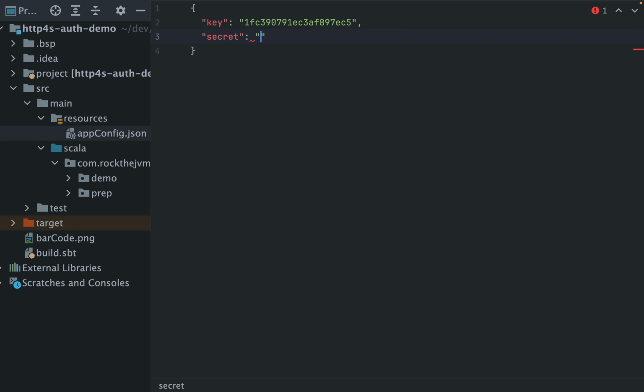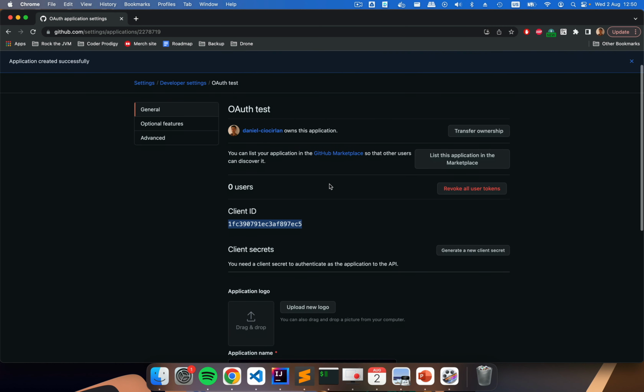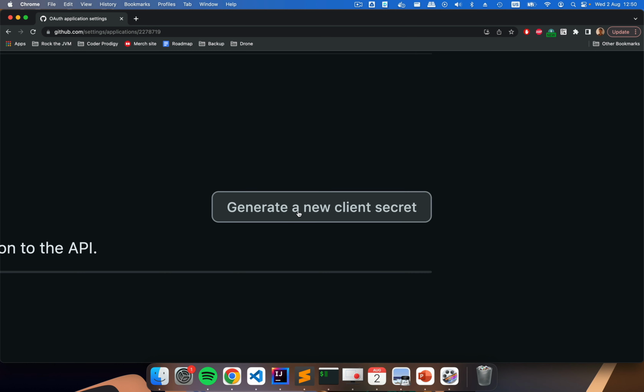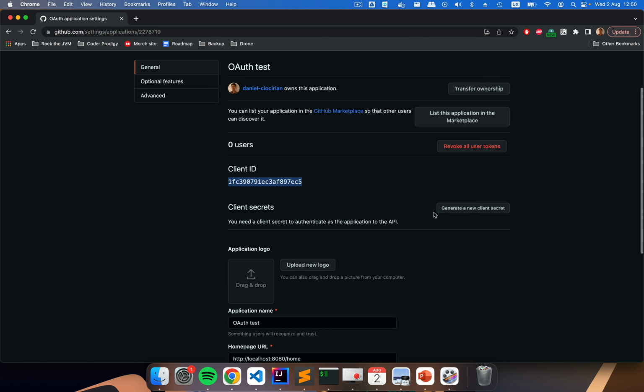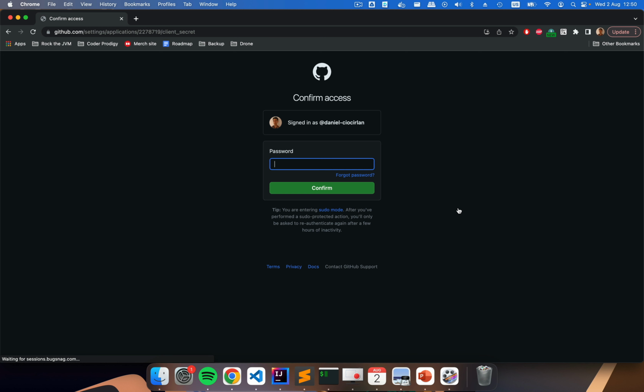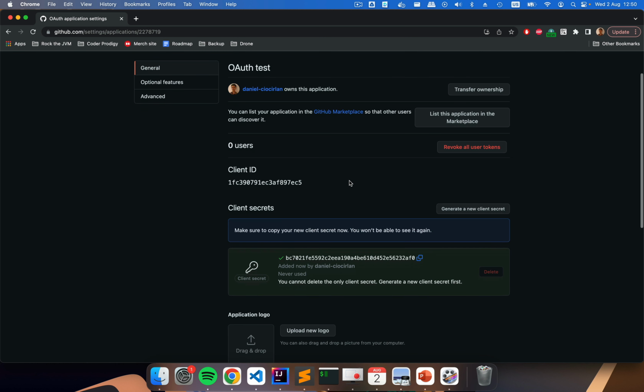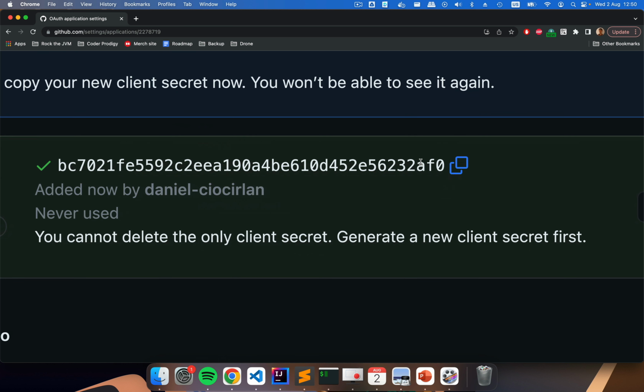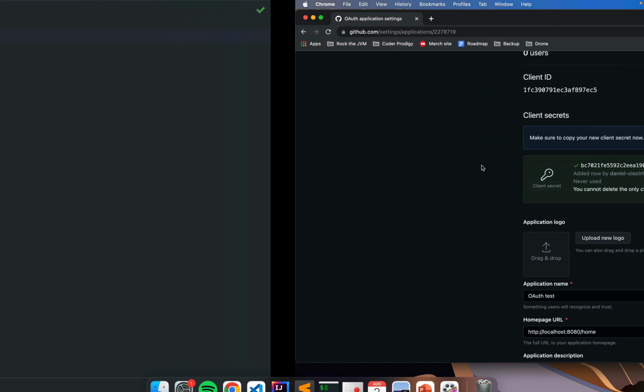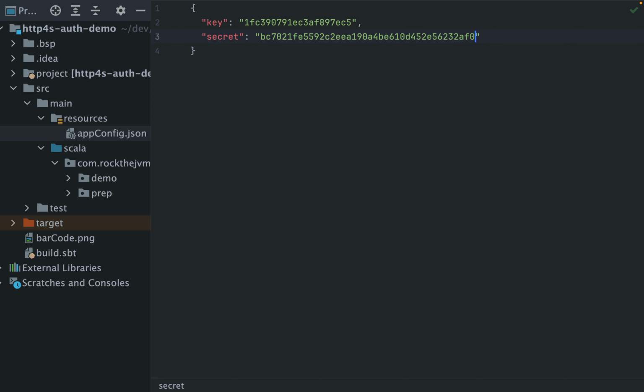So the secret will be a string. And I'm going to click on this button, generate a new client secret. This is very important. I'm going to click this button. I'm going to supply my little password here. And I'm going to copy this little secret. It's in plain text, but I'm going to delete the application at the end of the video, so there's no security problem here. So I'm going to copy this, and I'm going to bring this back to my little JSON